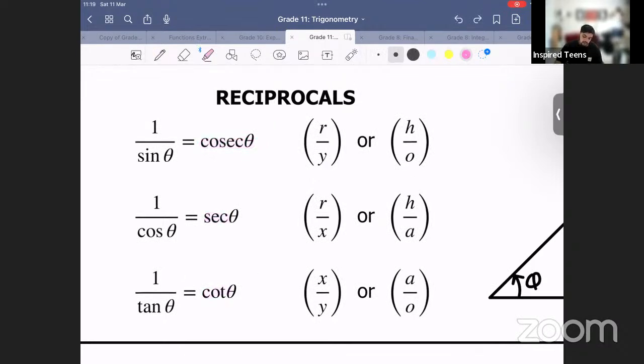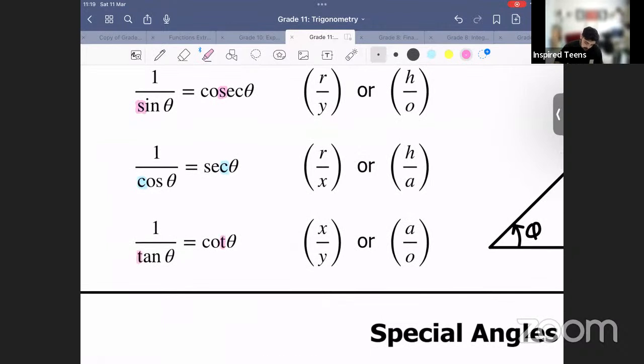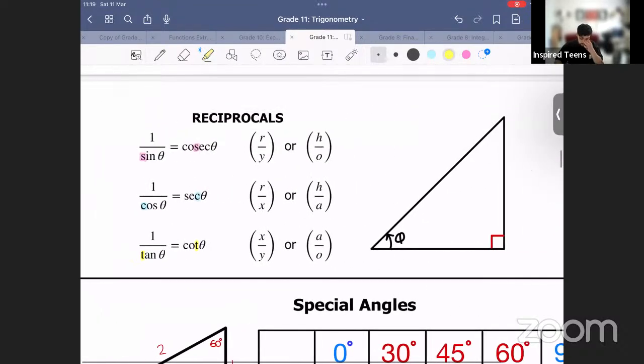Now, if you're struggling to remember which one is for which, just look at the third letter of each one each time. So in cosec, the third letter is S, which means it's for sine. In sec, the third letter is C, which means it's for cos. In cot, the third letter is T, which means it's for tangent. Okay, and it's basically the reciprocal, which basically means,